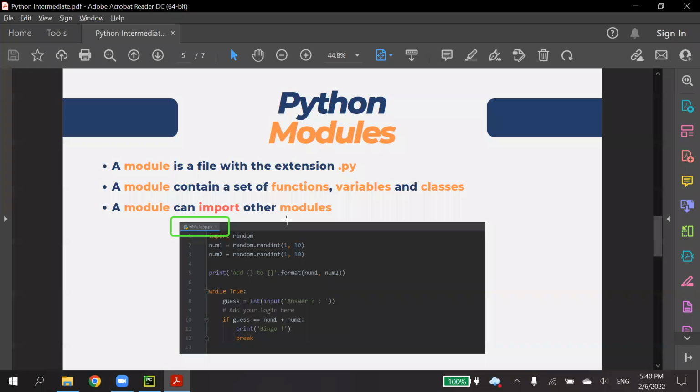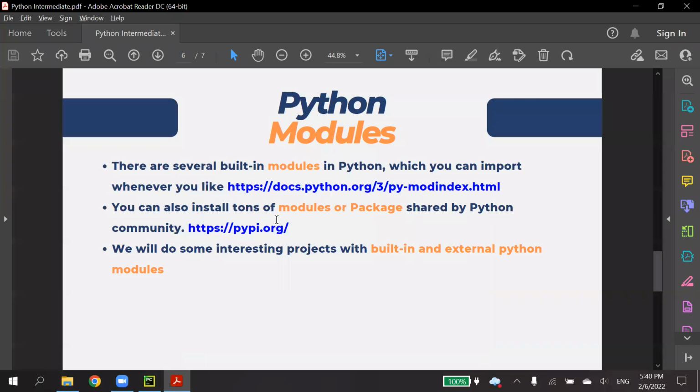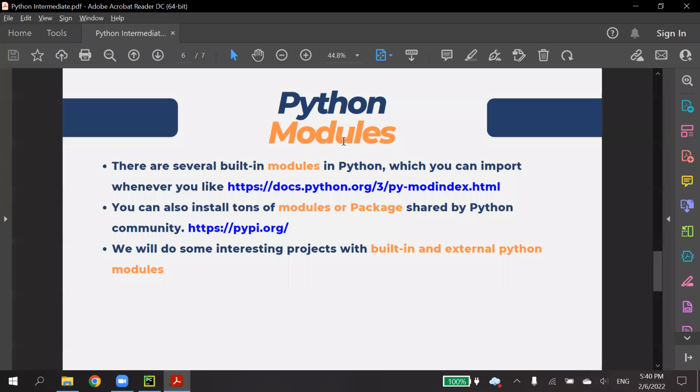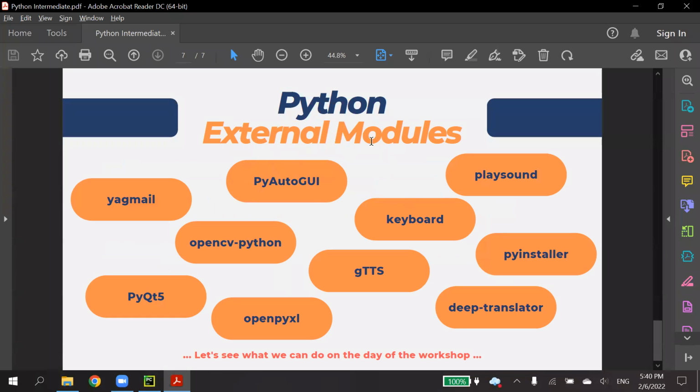So next I'll talk about module. This is where it becomes interesting, because we don't always just write code on our own, building everything from scratch. If we know about module, then we can explore external modules. Usually if we want to do complicated things, we don't do everything from zero. Usually we just import something that is built by somebody and then we just use it. This is where external modules come in.